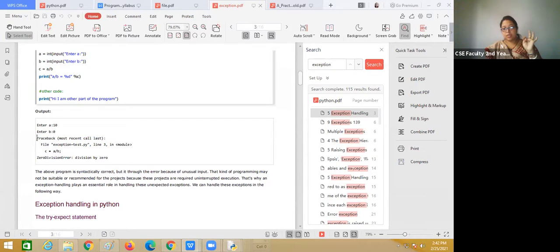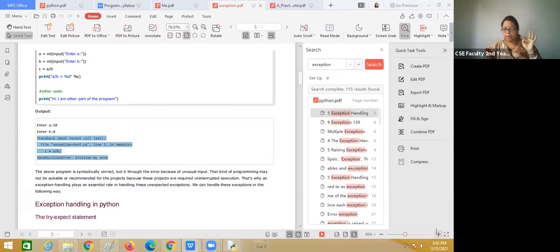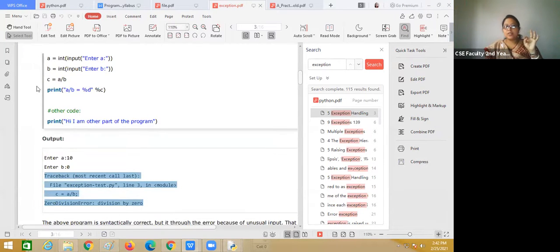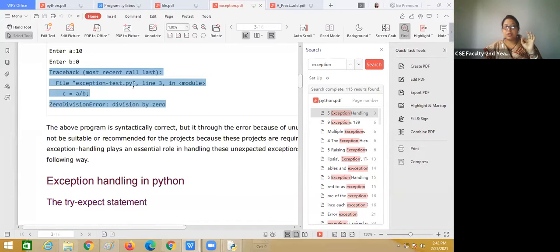You can see from this, I am just zooming that part. You can see Traceback, most recent call last, file exception test.py, line 3, in module, c equals a divided by b, ZeroDivisionError: division by zero. This 4-line error you cannot understand, or your friend cannot understand.